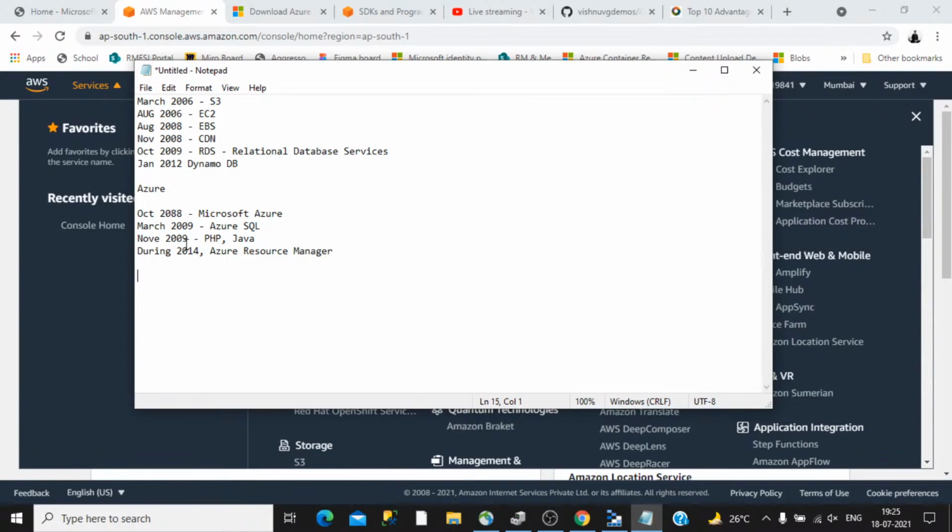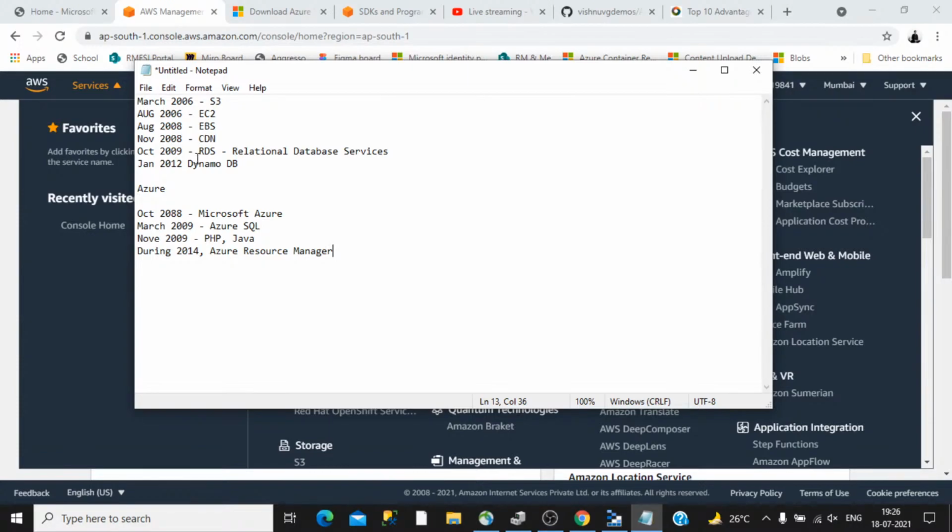But when ARM came into being, it added support for parallelly spinning up different resources in Azure. That is one of the major advantages. Before 2014, Amazon already had that support for parallel spinning up of resources.